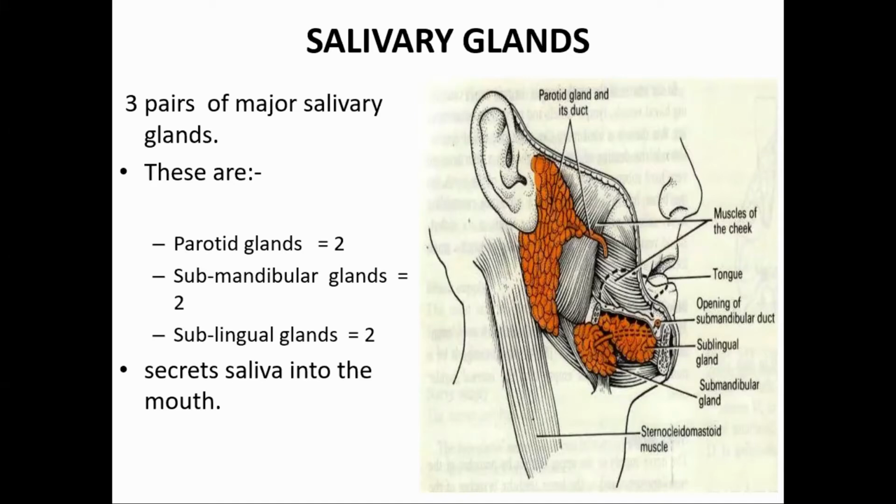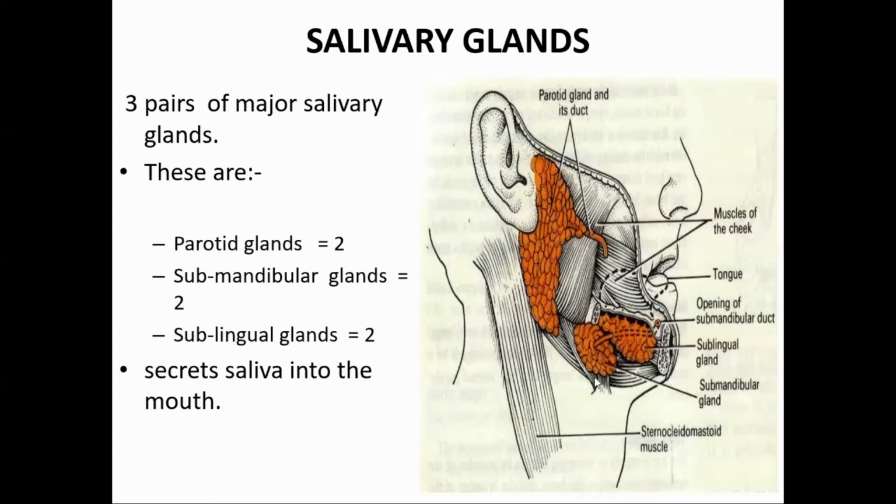Understood? Parotid gland, where is it present? It is present on either side of the face, below the external acoustic meatus. So there are three pairs of major salivary glands, arranged in pairs: the two parotid glands, two submandibular glands, and two sublingual glands, and their function is to secrete saliva in the oral cavity. The parotid gland rests in the parotid region, and the boundaries of the parotid region are clear.